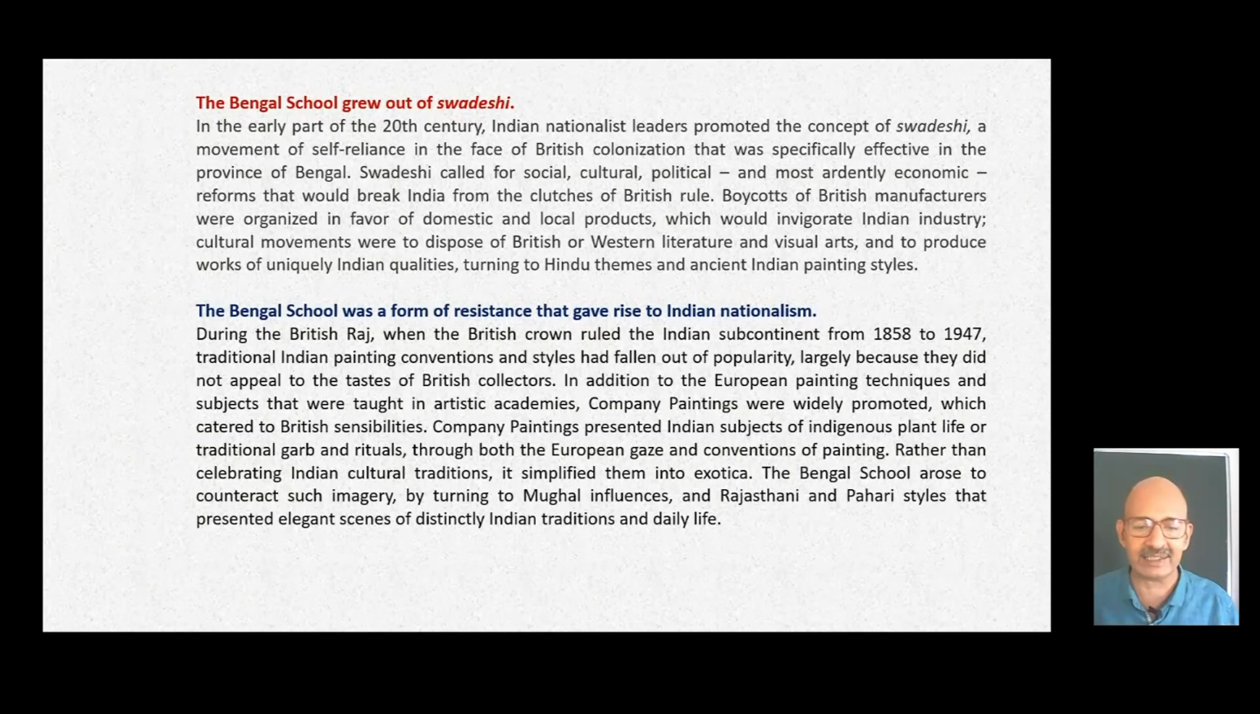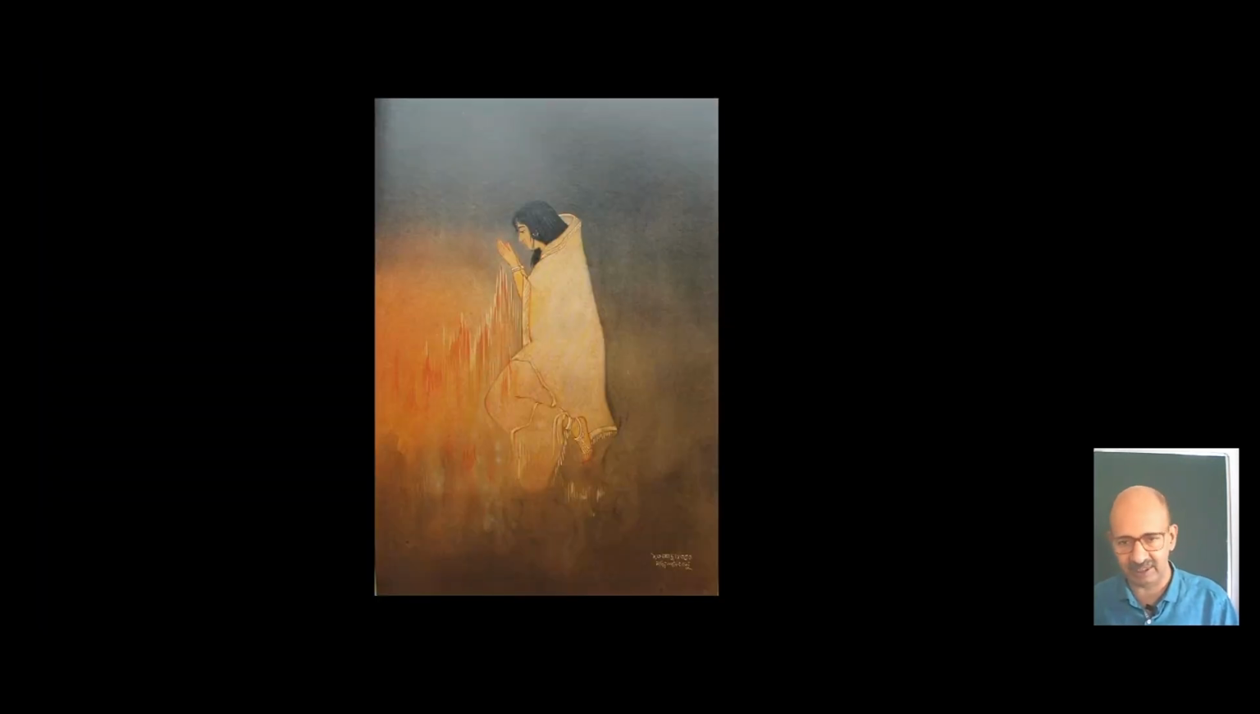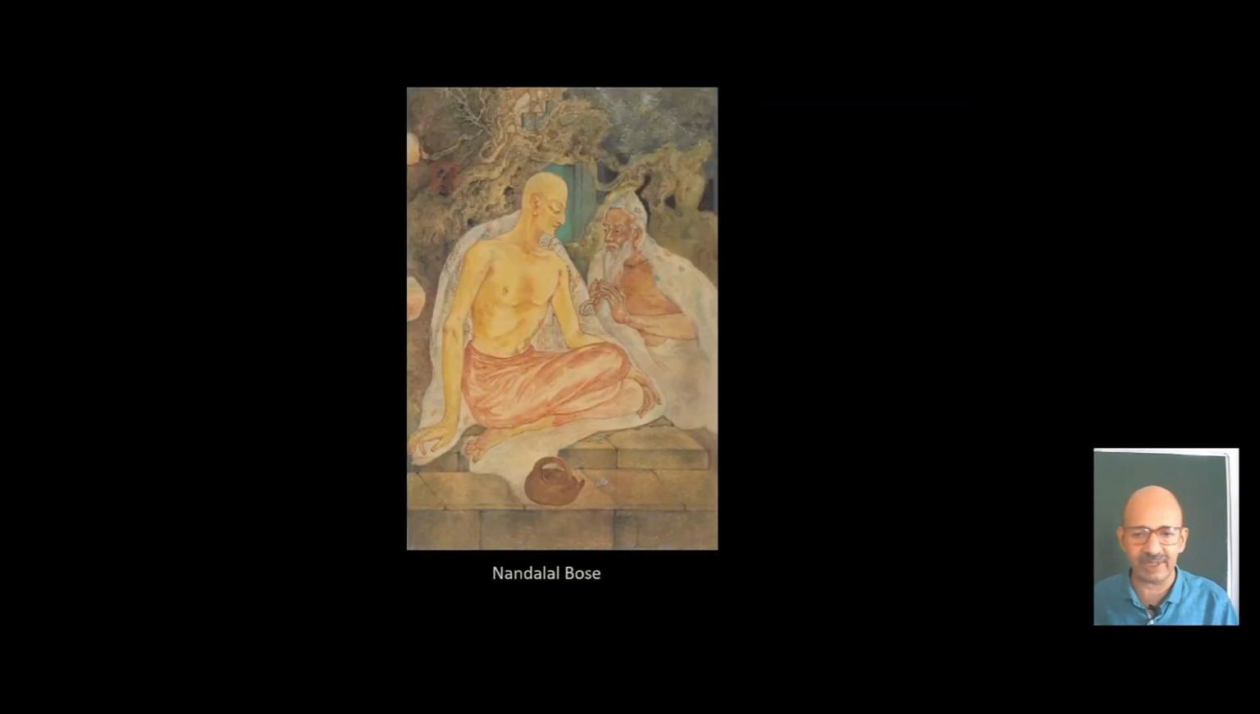that presented elegant scenes of distinctly Indian traditions and daily life. But within this format of Bengal school, not only do we get to see this kind of traditional, religious, iconic images like Lord Shiva by Nandalal Bose, we also see that same Nandalal Bose doing an image which he is not directly calling Sita, but it looks like it refers to the Agni Pariksha of Sita. Therefore, he is deriving this subject from the epic or from mythology or from religion, or for that matter Lord